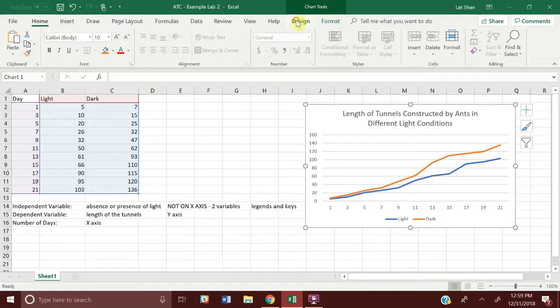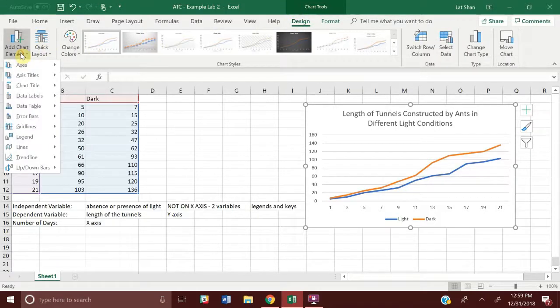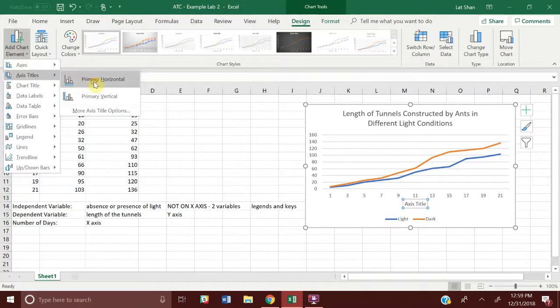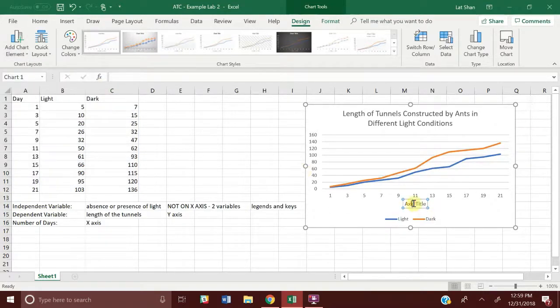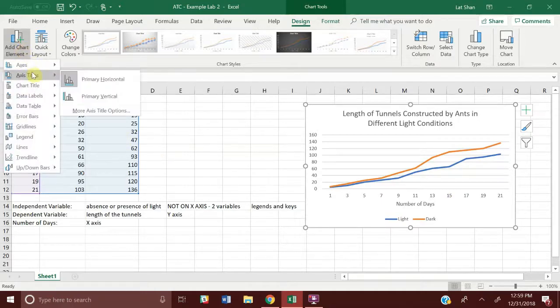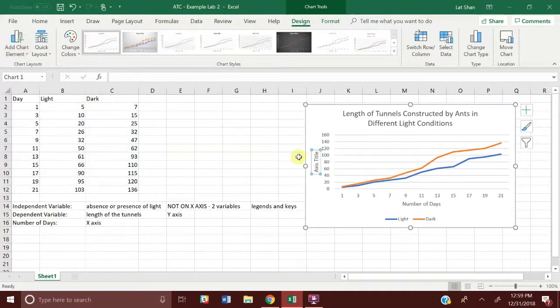We're going to go to Design and then Add Chart Element. We'll go to Axis Titles and start off with our horizontal axis, or our x-axis. We said that our x-axis is going to be our days, so we'll write the number of days. And we can even see that in the numbers that they provided us, 1 through 21, which shows the transition in 3 weeks. Next, we're going to add another axis title, this time our vertical or y-axis, which we said is going to be the length of our tunnels,